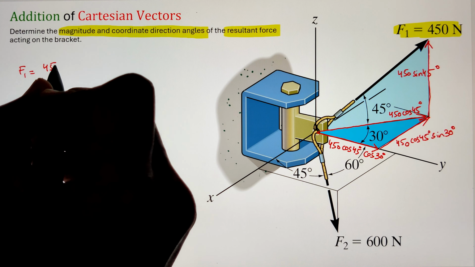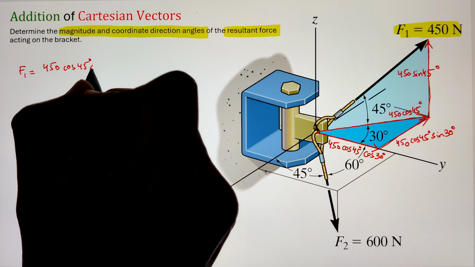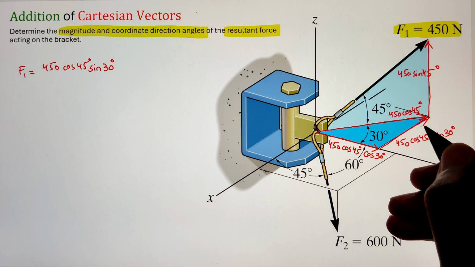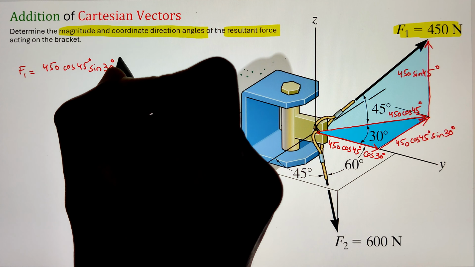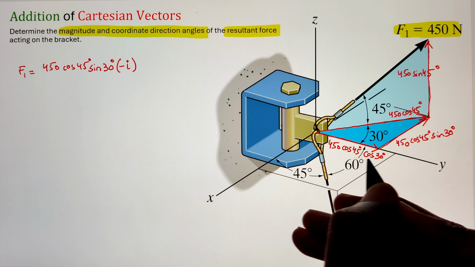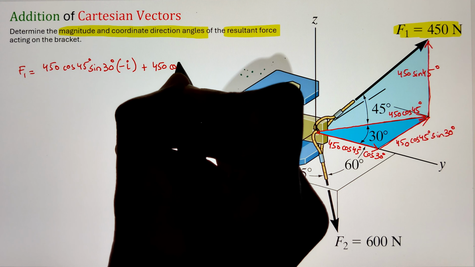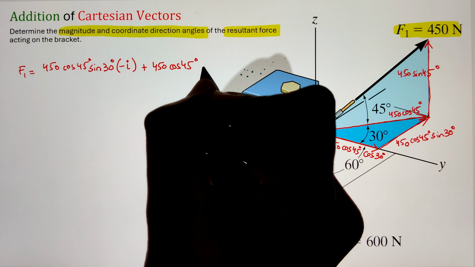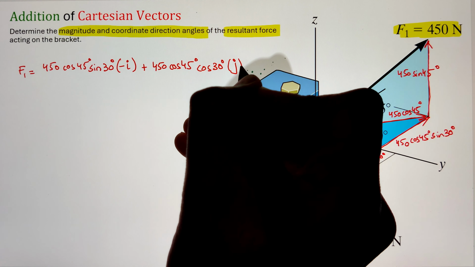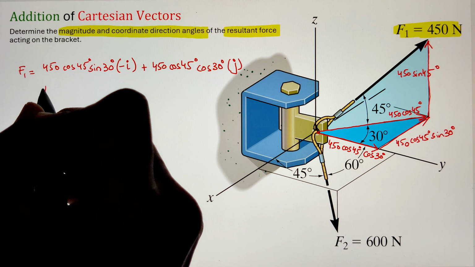Now, once we have all the projections along x, y and z, let's write it down. So here F1 will be equal to 450 cos 45 sine 30 times negative i. Here the negative indicates it is acting along the negative x direction, where i is known as the unit vector of the x-axis. Next we have 450 cos 45 cos 30 positive j, and finally 450 sine 45